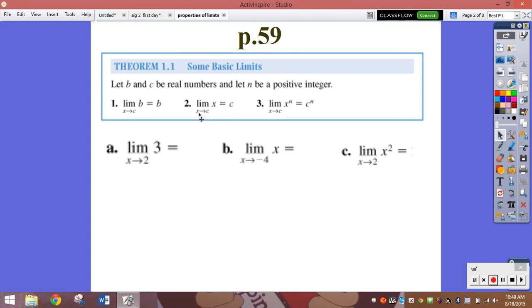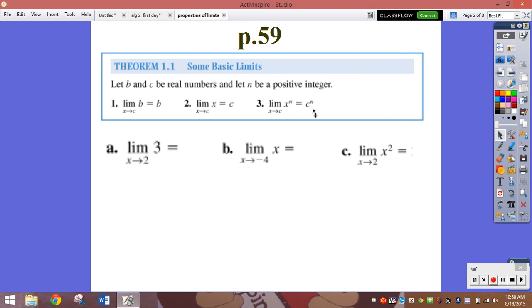Number two, the limit as x approaches c of x equals c. C, remember, is a real number, and x is just some variable. So all this is saying is if you just have x here, as x approaches whatever that c value is, the limit will equal that same value. And the last one, the limit as x approaches c of x to the n equals c to the n. Remember, n is a positive integer, c is some real number. So all this is saying is that you would replace x with c, and then you'd raise it to whatever